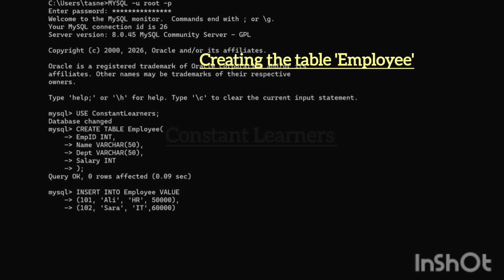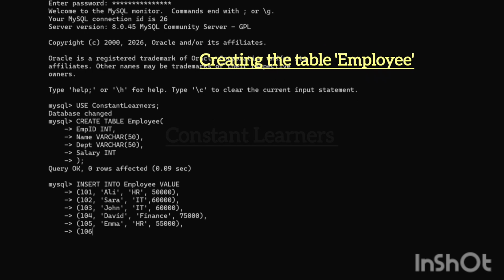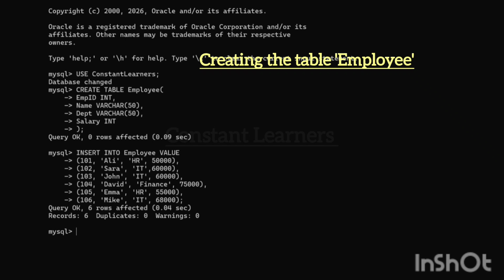Alright. Now the first question is to find all the employees in the IT department. So I've already created the employee table and inserted the values into the table. I've already shown this in the first 4 videos as well. Now, see, when we have to find employees working in a certain department, every employee must be having a department column, right? We just need to filter the rows of those employees who are working in the IT department, right? So obviously the DBMS must go through every row in the table, right?